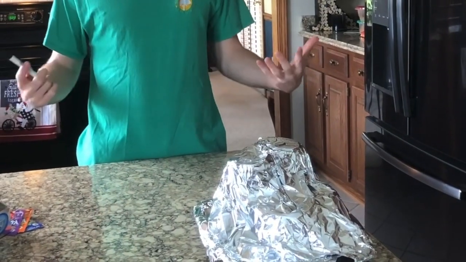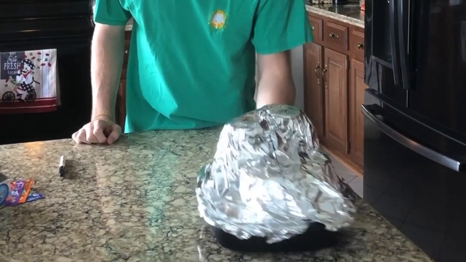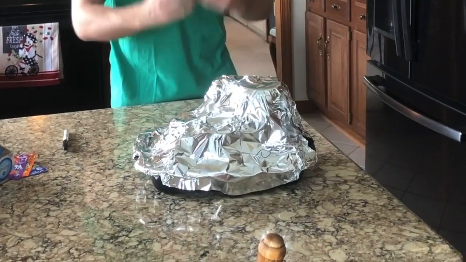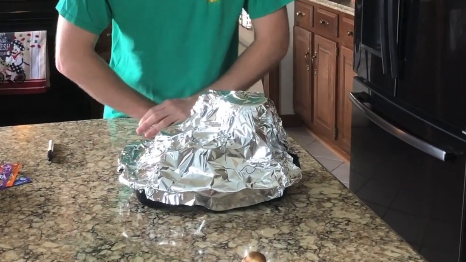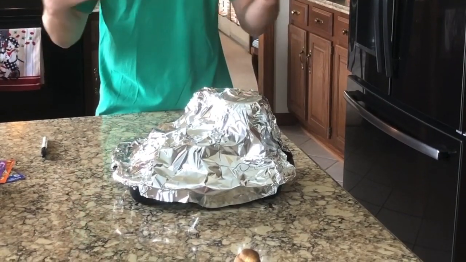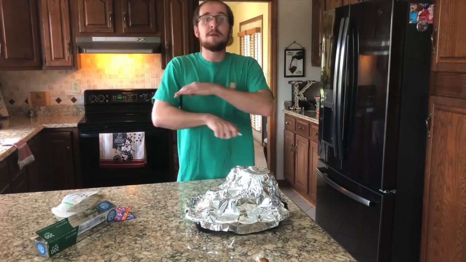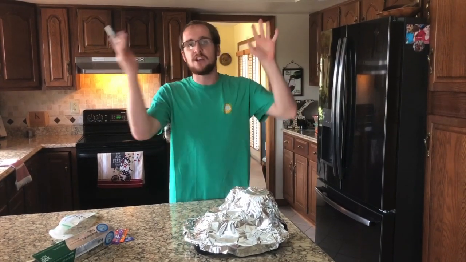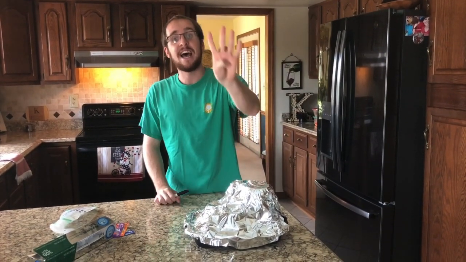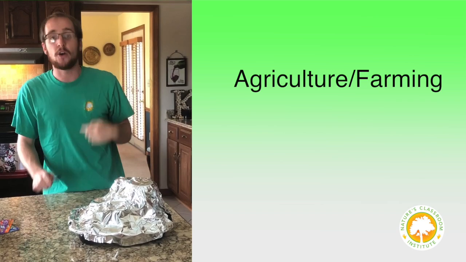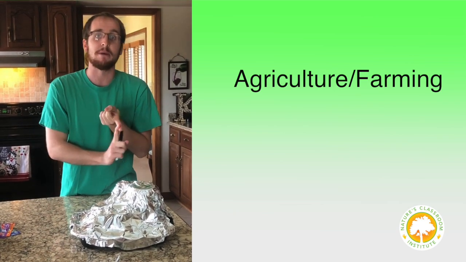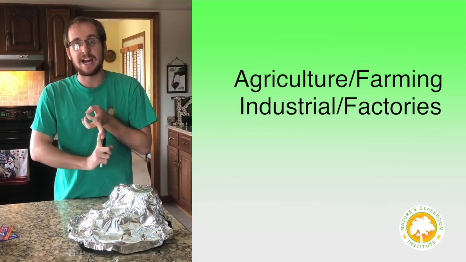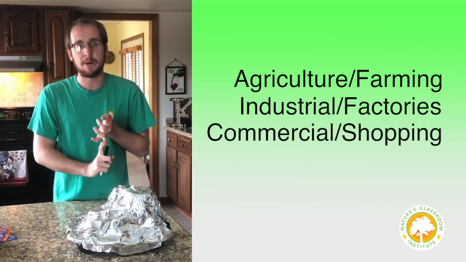Now here comes the creative part. So what you have just designed is essentially you've built a city on top of a watershed. This is a very common occurrence, especially in North America. Now, you can put anything you want in your cities, hotels, malls, movie theaters, whatever you want, but you must have 4 sections. Those sections are agriculture or farming, industrial or factories, commercial or shopping centers,